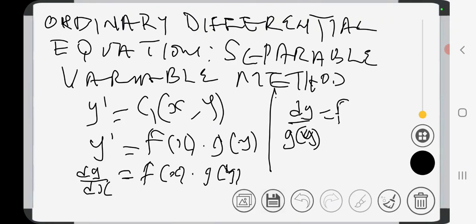I'm going to have something like f of x dx on this other side. That's what that place will be: f of x dx. So the other one that I have here, I'm going to take to the other side, that is f of x dx. Now what I'm going to have is dy over g of y is equal to f of x